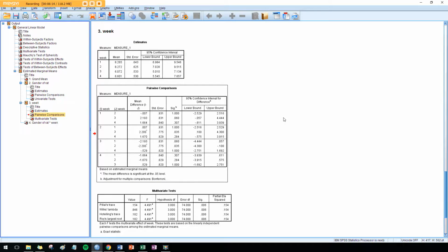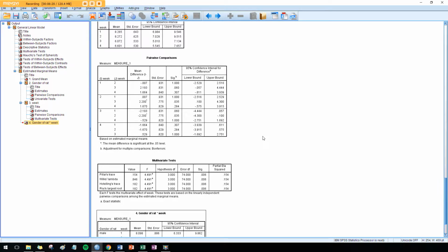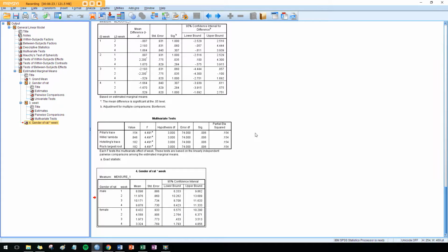So it's another conclusion that we can draw. And finally, we have the interaction of rat, gender, and week. So if we scroll down to this box that shows us the interaction here, we get their means and their standard errors, but we don't have post hoc Bonferronis really to tell us what those are. So while we could graph these and see whether or not the error bars differ, we can also add this extra step. This extra step of changing your output is not something that you'll do a lot for our purposes,